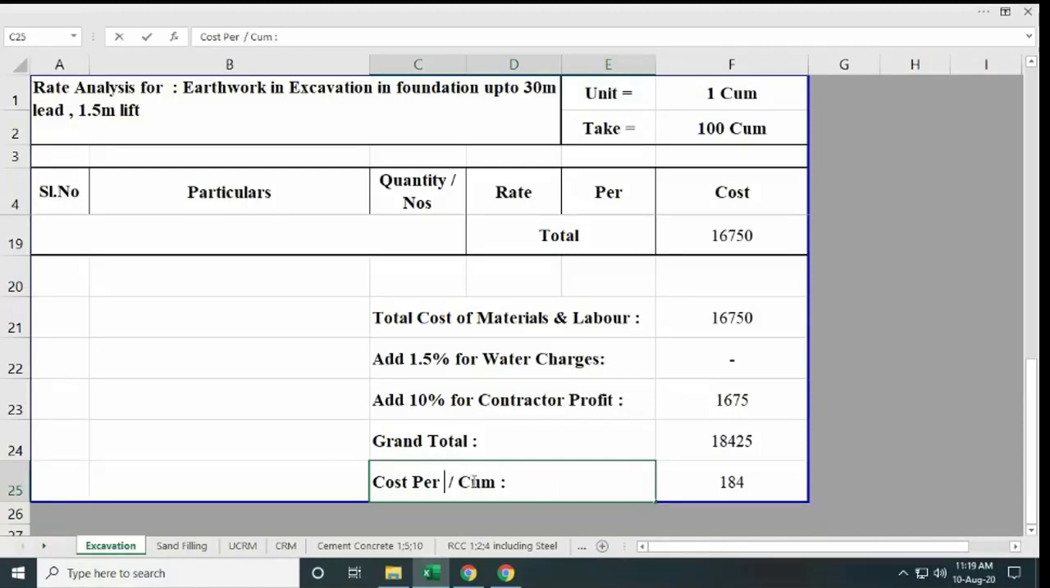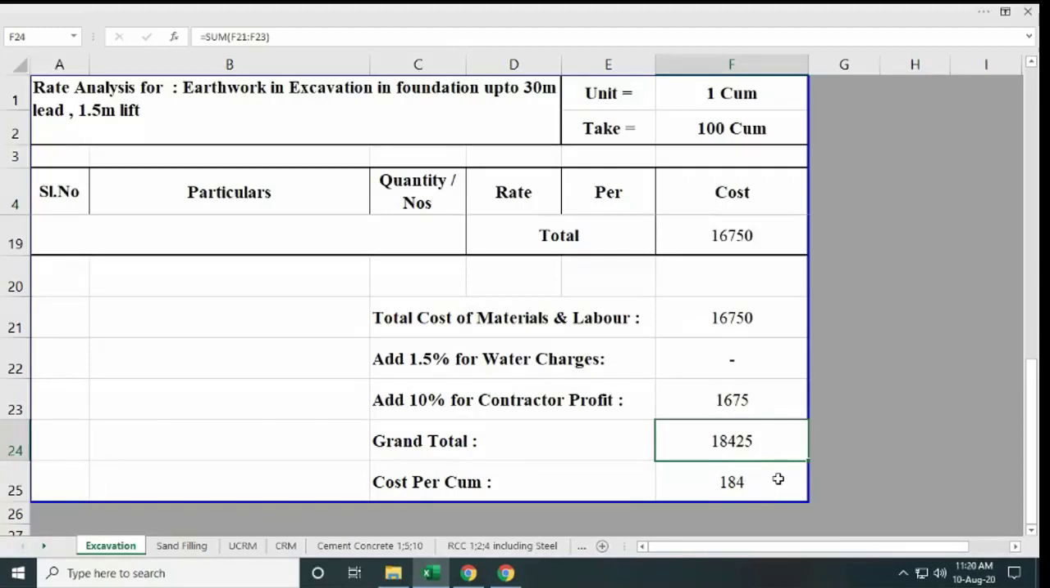It is cost per cubic meter. So cost per cubic meter means this is for 100 cubic meters. So divided by 100, you will get the answer as 184 rupees. So therefore, what you can do, like in the starting classes, if you have